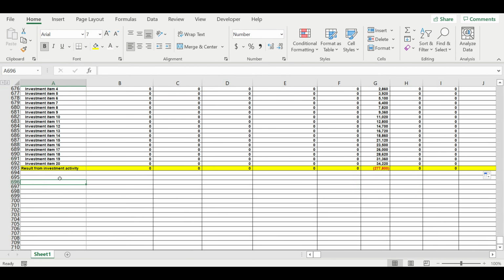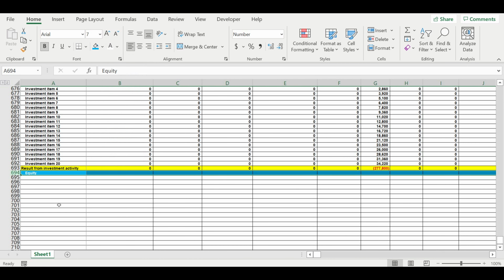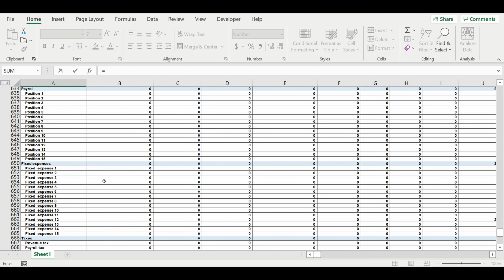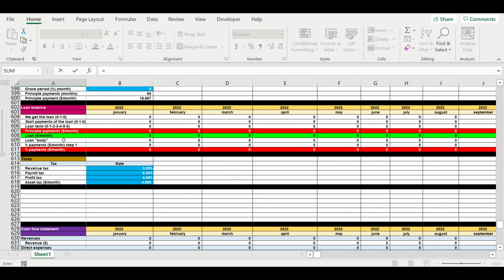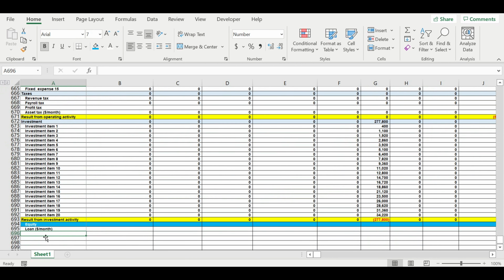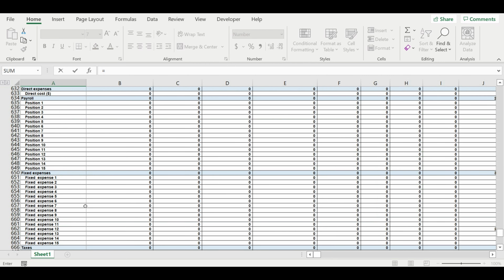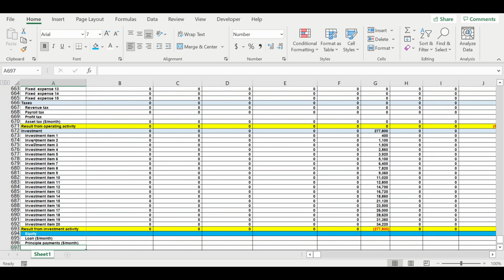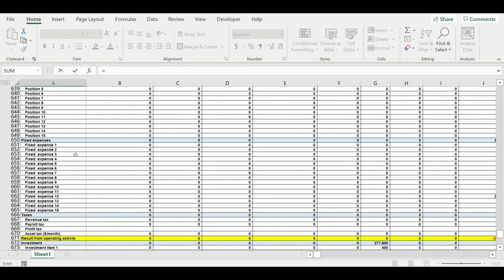Now we go to financing activity. Here we will place equity. Then we will place the inflow of the loan that we can take in the bank. Then we will add the payments for this loan, principal payments, interest payments,